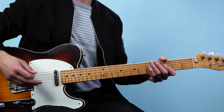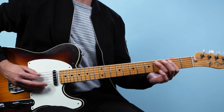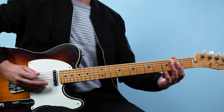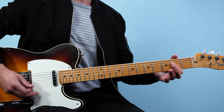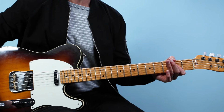We have that little riff there to come out of the chorus. So we're starting on that E riff, 1 and 2 and 3 and 4, and instead of going to the 2nd fret on the and of 4, we're gonna leave off that last note and go to an A chord, and I do that just with one finger. So 1 and 2 and 3 and 4 and...